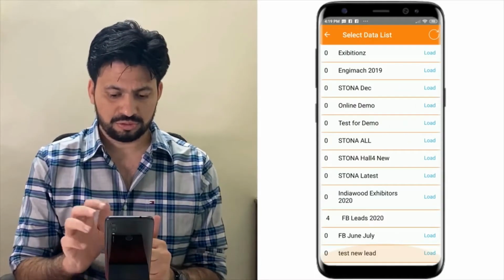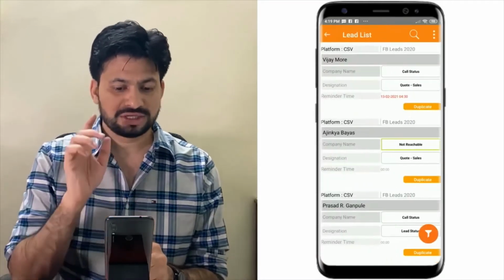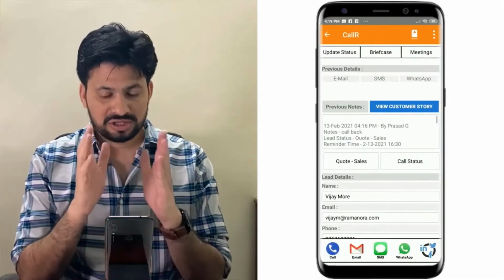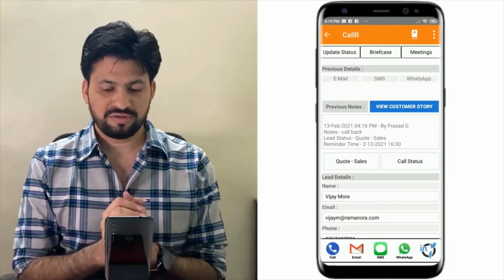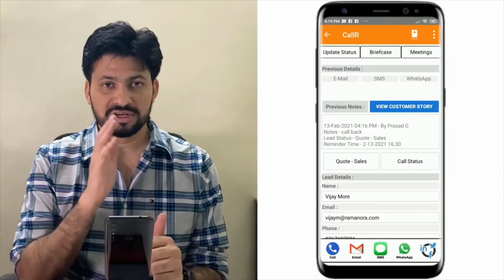We'll go to the section which we just loaded. I go to the same lead. Now on this page there are a few more additions that we have done, such as earlier we had meeting